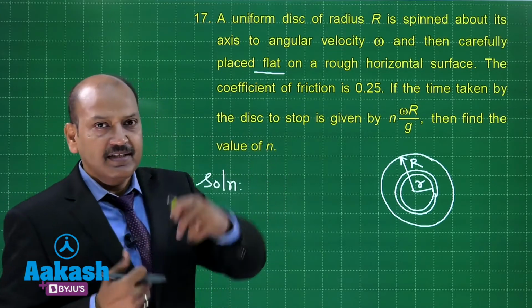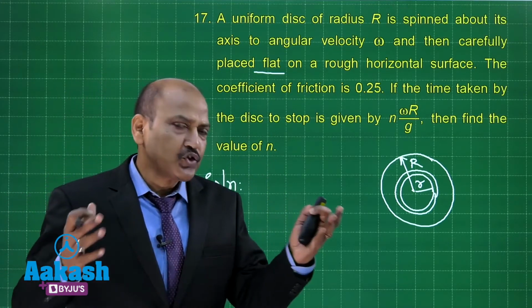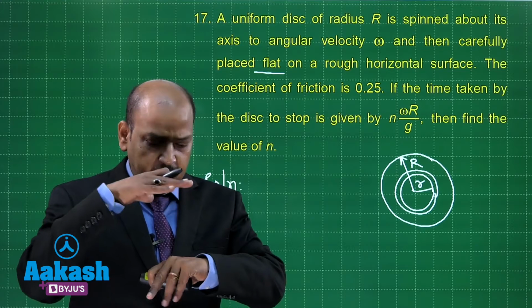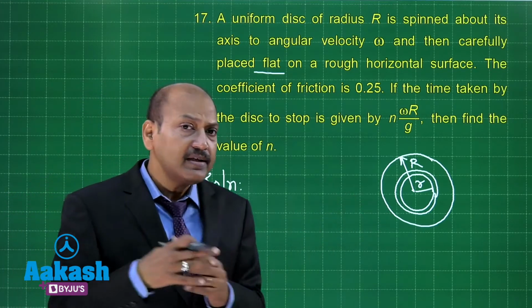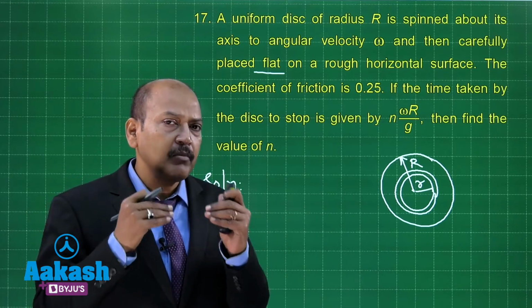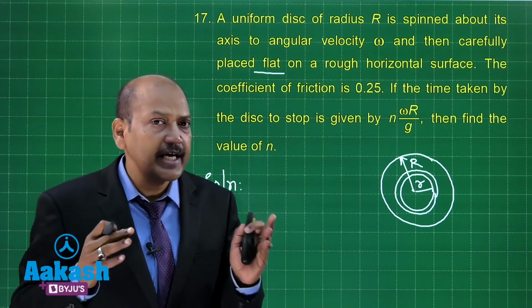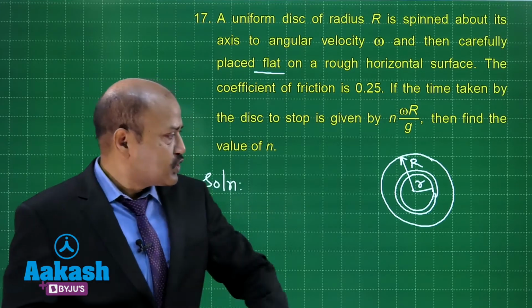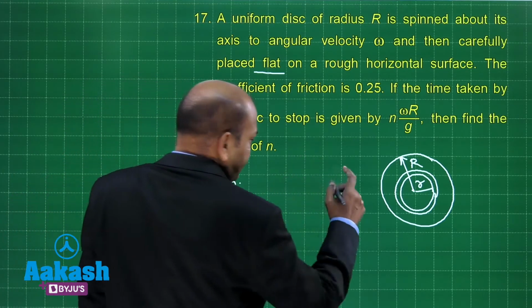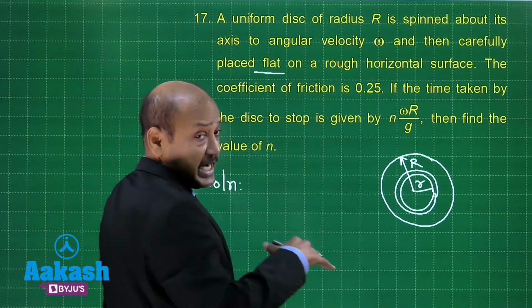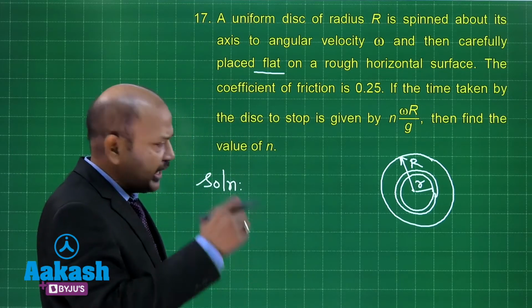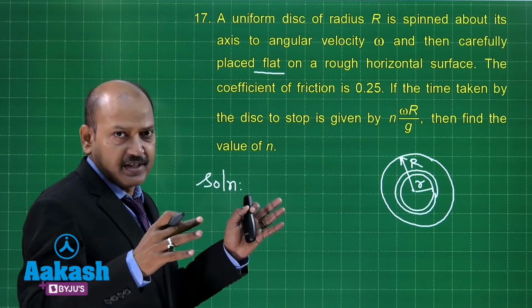So, this is lying flat, and we will of course make an assumption that the normal reaction between the disc and the surface is distributed uniformly. That means normal reaction per unit area we are going to take as uniform or constant. So, on this element, what is the normal reaction? Well, on this element normal reaction will be total normal reaction, which is capital Mg, multiplied by area of this element, which is 2 pi r dr, and divided by the total area of the disc.